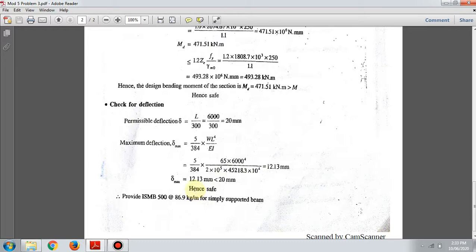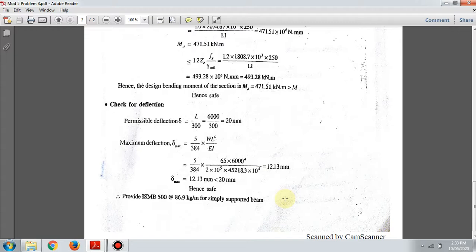The nominal plastic shear resistance under pure shear is given by Av fy divided by root 3, where Av is the shear area. So since our section is a hot rolled section, in place of Av we can write H into tw. Av is H into tw. So the formula is H into tw fy divided by gamma m0 divided by root 3. So this is the check for shear, which is on page number 59.